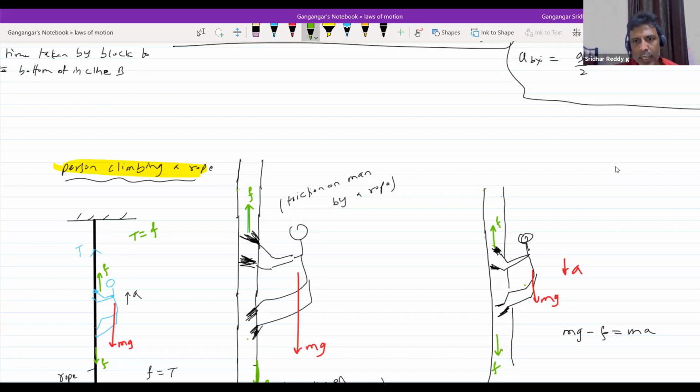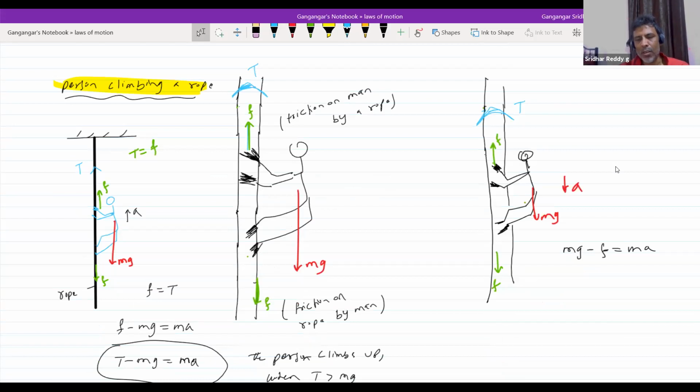I show the tension like this. This is actually the diagram, it should be like this. Here also the tension. The rope is thick, no? So therefore the diagram will end up like this. T is equal to F here. That's the meaning here. So the person climbs up the rope, or it all depends